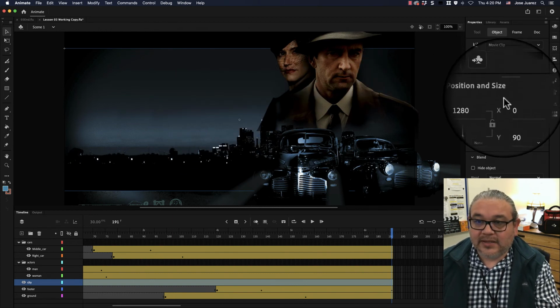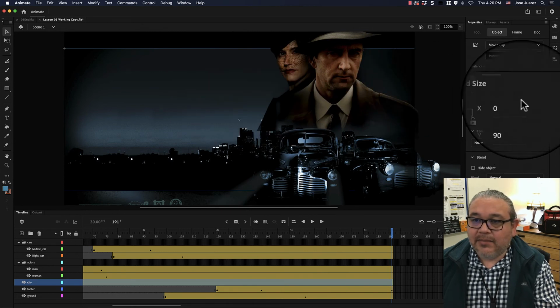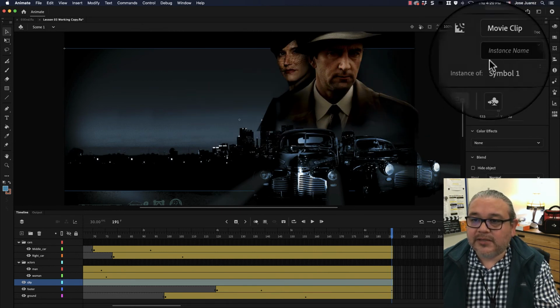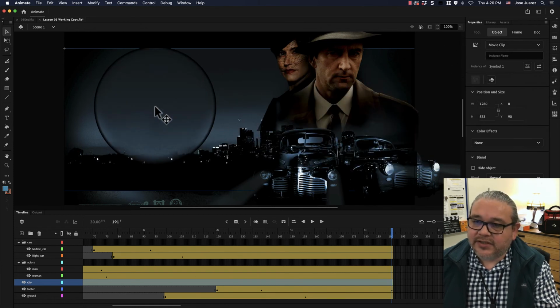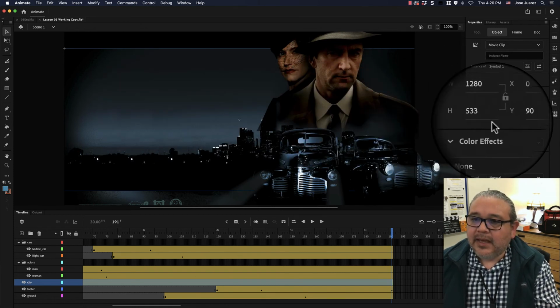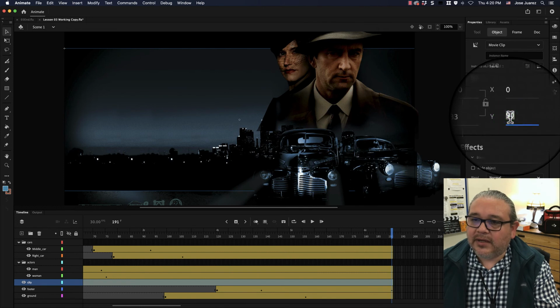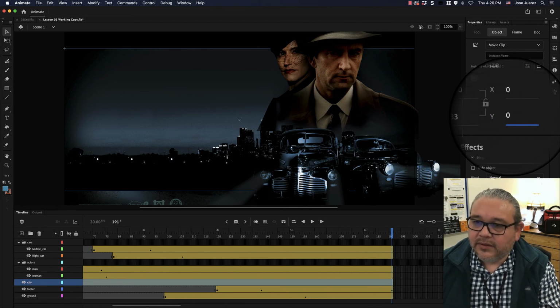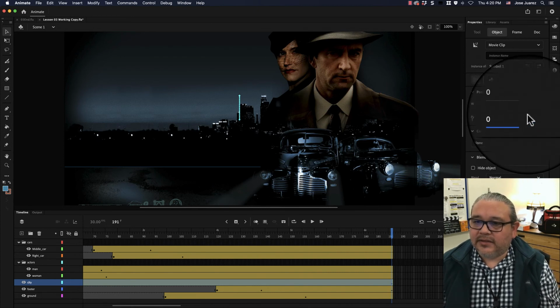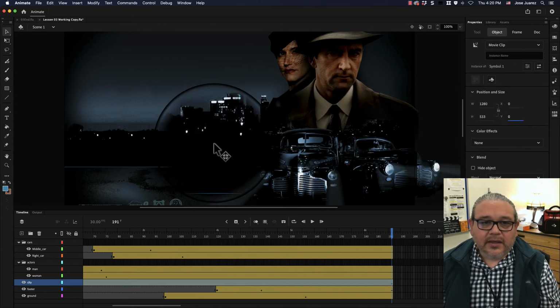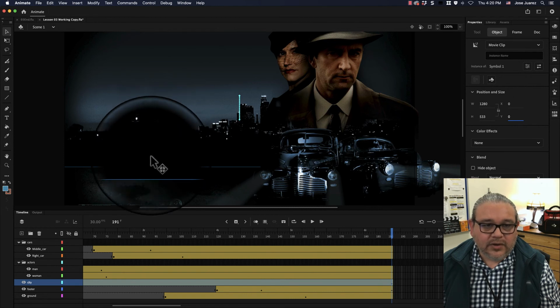Like I want to be precise. Since it's selected, I'm going to come over here to the properties panel up here, and make sure that this is selected again. Make sure cityscape is selected, and you're going to go to the Y coordinate. I'm going to click that, and I'm going to enter 0, right? Boom. As soon as I hit 0 and enter, again, 0 under the Y coordinates, you're going to see a